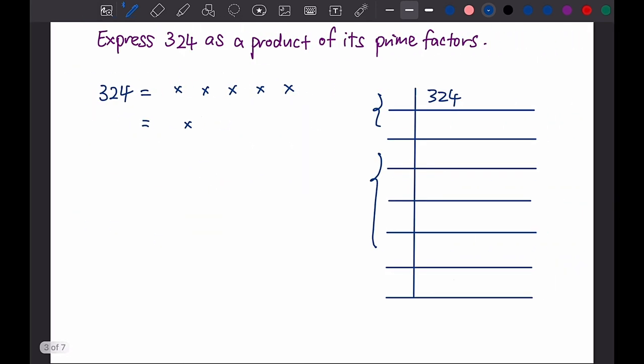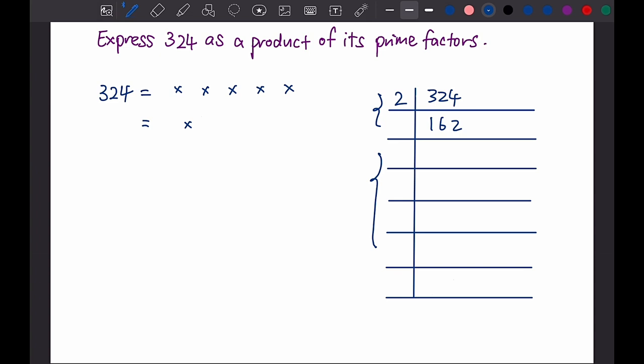Next, express 324 as a product of its prime factors. So we set up this ladder method, alright, for this purpose of prime factorization, and we use a process of repeated division. Alright, so we will divide numbers with its prime factors. So 324 being an even number, we'll start by dividing 324 by 2, and we are going to get